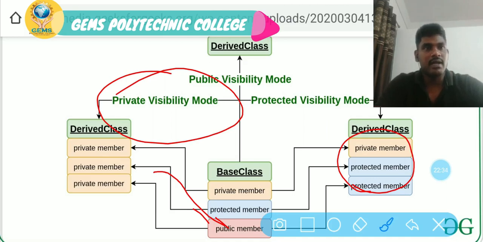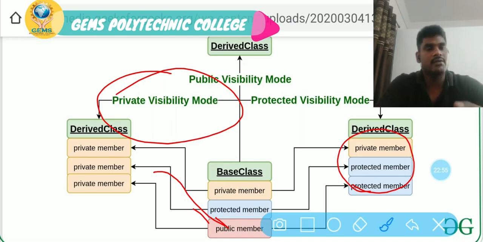You will see it more clearly and in detail in coming classes. So today we have seen what inheritance is, the uses of inheritance, the example of inheritance, the concept of inheritance, and the definition of inheritance.